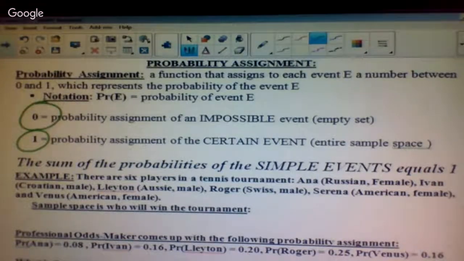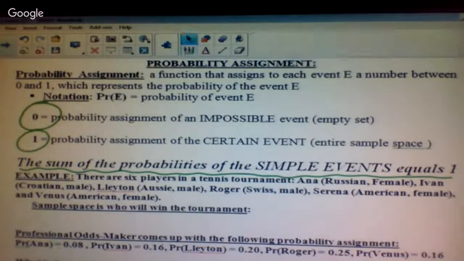The most important thing that you're going to need to know right now is this line right here. I don't care what you need to do with it. Highlight it, circle it, whatever. The sum of the probabilities of all of your simple events has to equal 1. So what I mean by that,